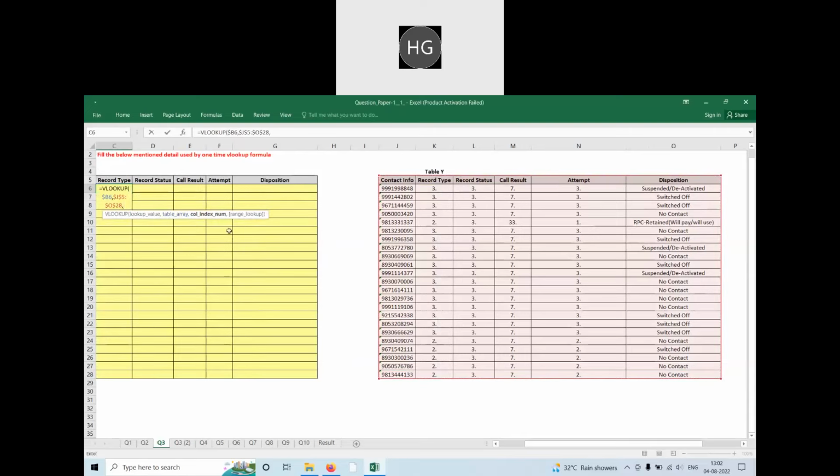Now it is asking for the column number. Column number means you will have to use MATCH, which column you want to bring here. So now I'll type MATCH, press F4 two times after selecting the header. Now match header with the header, F4 one time. Comma 0, and 0. So here I am getting NA.